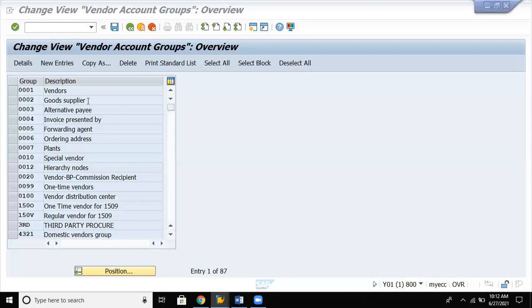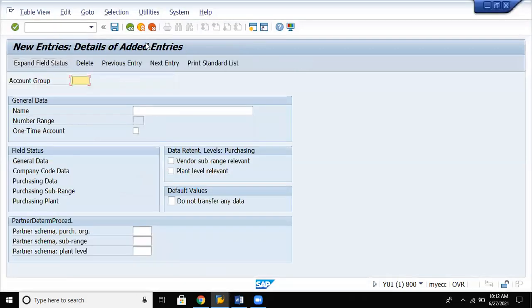Configure the vendor account group here, click on New Entries. Now give the vendor account group as B001 and write its description. If it is a one-time account, we need to click on One-Time.